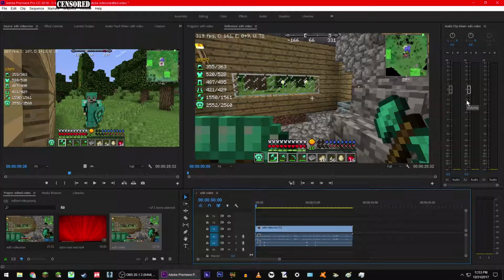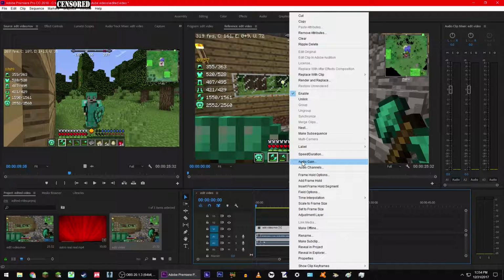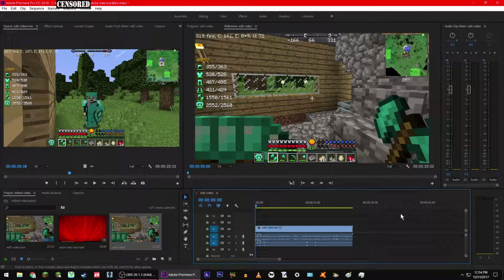Now I know what you're saying, well, you can go over to here. This one's a little confusing. If I adjust the audio, say on the second track here, which is this one, it will raise the audio, but it's not going to actually raise it. It's kind of hard to explain. If I was to right click and go to this and then adjust audio by, or set volume to this,